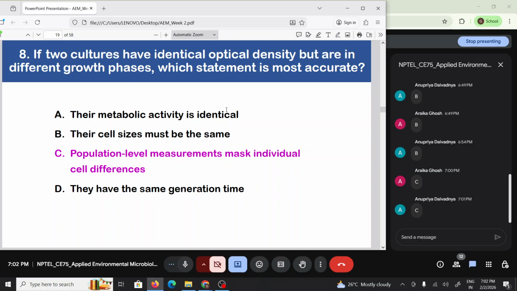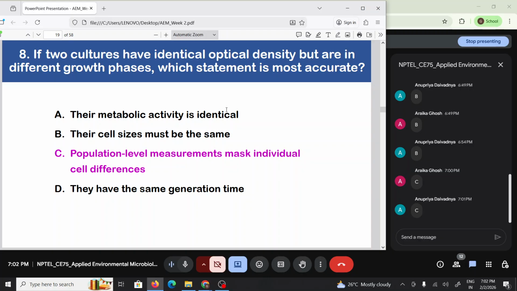So they are not metabolically identical in terms of activity. And then we are not doing any cell size measurement when we are talking about optical density. So again, that is wrong, but the option stating that population level measurements mask individual cell differences